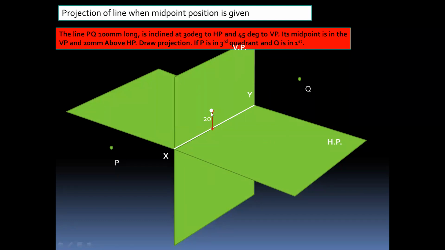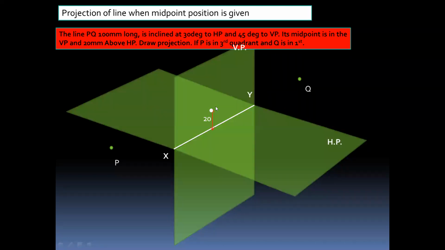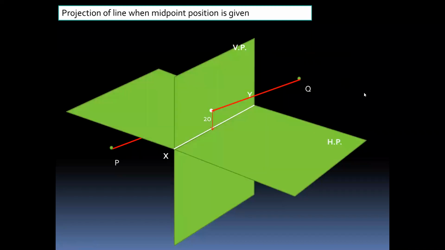Okay. So here you can observe at 20 mm distance with respect to the horizontal plane, this is the midpoint. So this is your complete line PQ. So PQ intersects the vertical plane at its midpoint, because the midpoint is in the vertical plane. Okay, and it is 20 mm above the HP. So if you observe from the front direction,